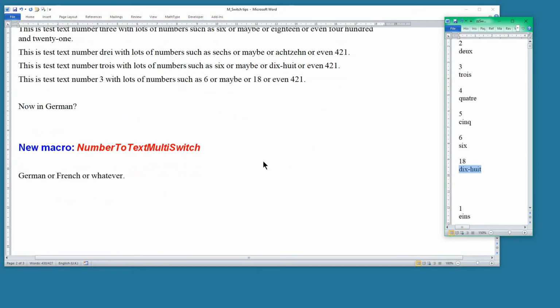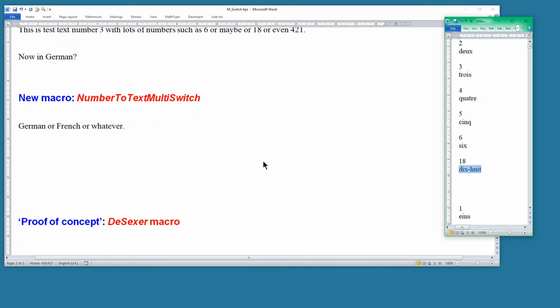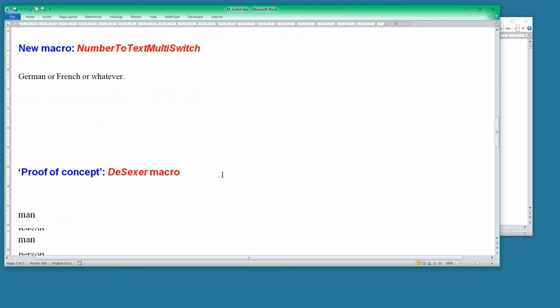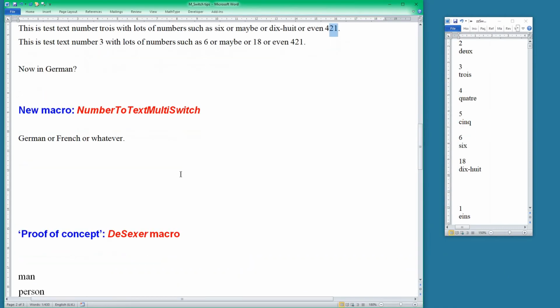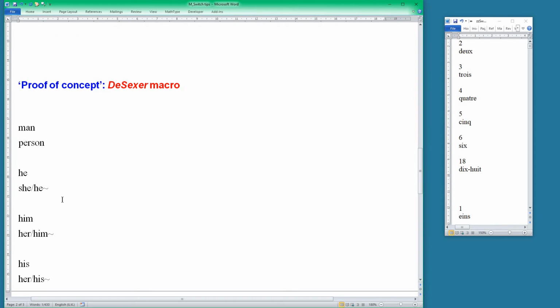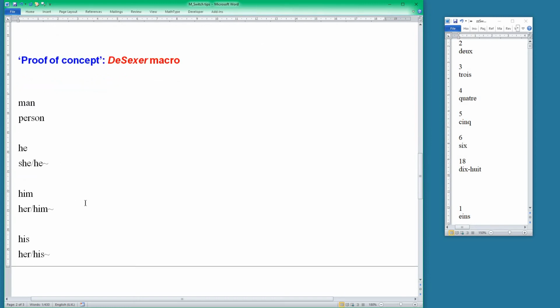So what have we got next? Okay, now a proof of concept. I wanted to do the same sort of thing as with numbers, but with words. And my idea was that if I had some words that I wanted to change, in this case we're talking about sexist words, so you've got man, he, him, his, and we change them then to some alternate. I could do that on a one-off basis in MultiSwitch, but it would be nice to be able to go along the line and get a macro to do it,